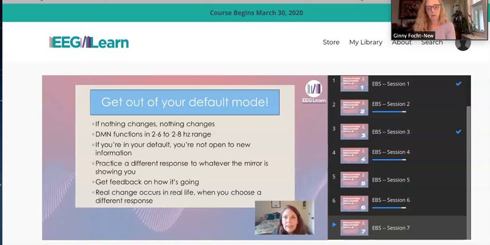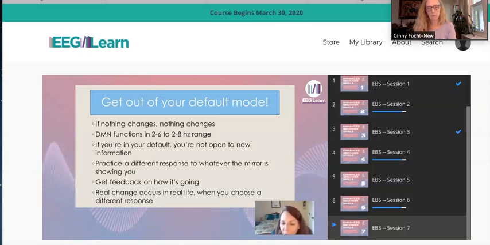And even though this isn't 100% technically accurate, you can think of it this way: if the person's stuck inside their head, if their slow wave amplitude is the highest amplitude, and that's what they've got to work on bringing down, we've got to get them out of their default mode. And we've got to get them out of passively replaying stuff in their head. Because if you're in your default mode, you're not open to new information. And the other thing that is interesting that I do want to point out is that